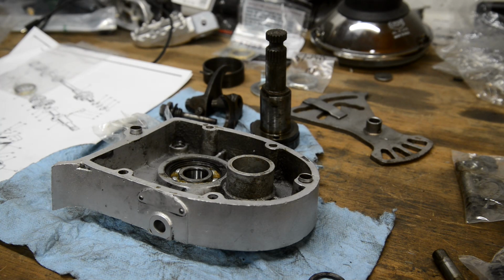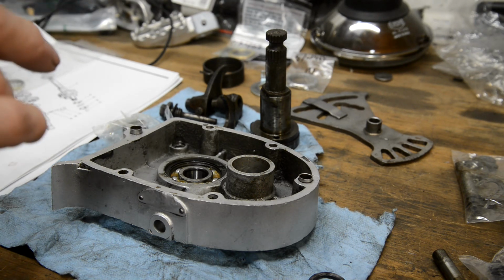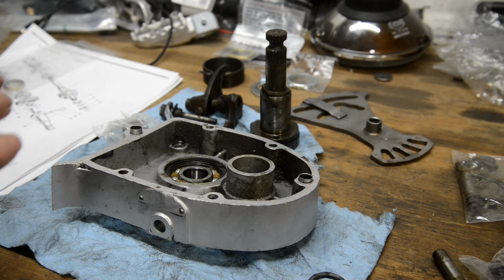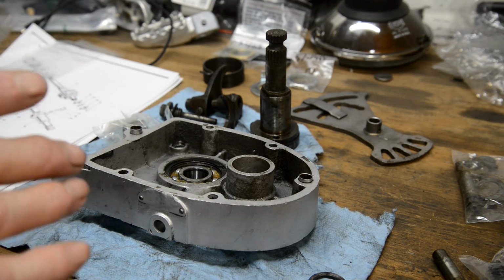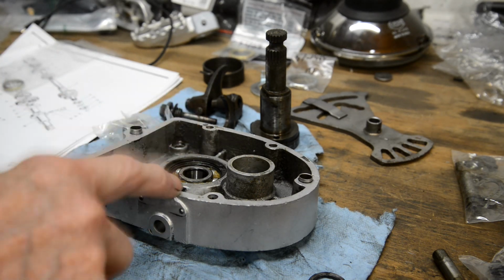Right, well, I left it a little bit late to take stuff to the machine shop, so we're not going to get the small end eye bushes honed for this week. So I can't put the conrods on the crank, so I can't put the crank at the bottom end. So what we'll do is we'll put together